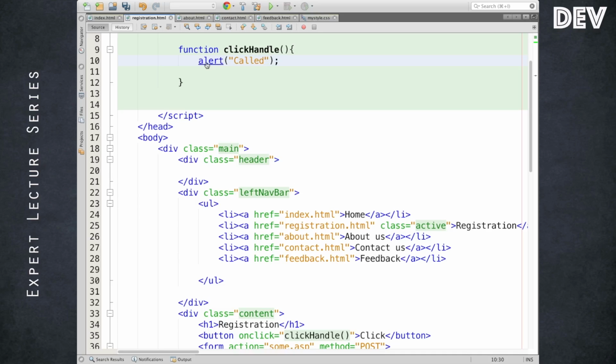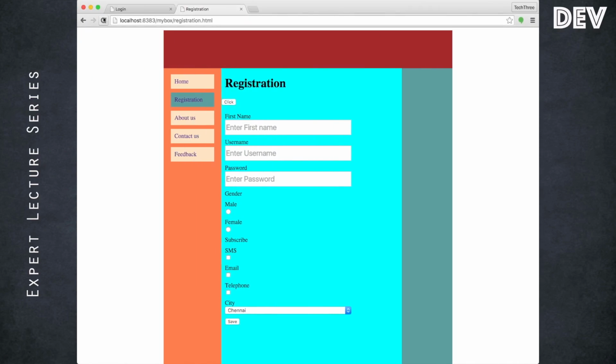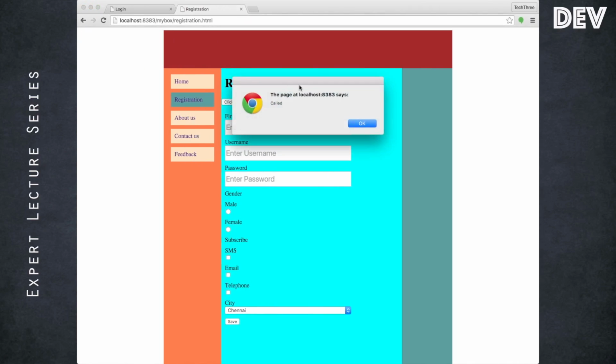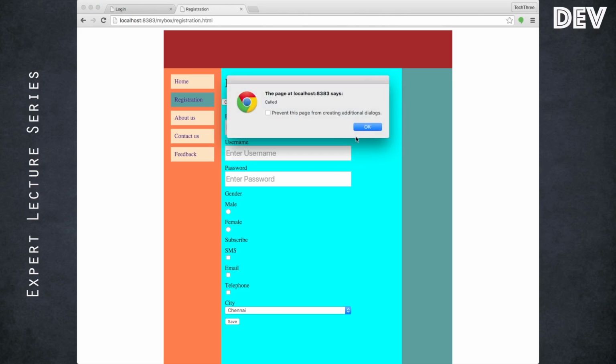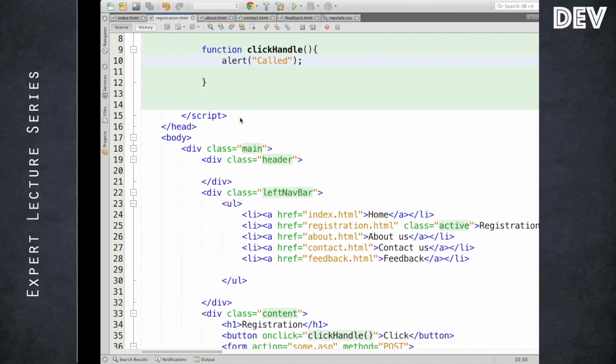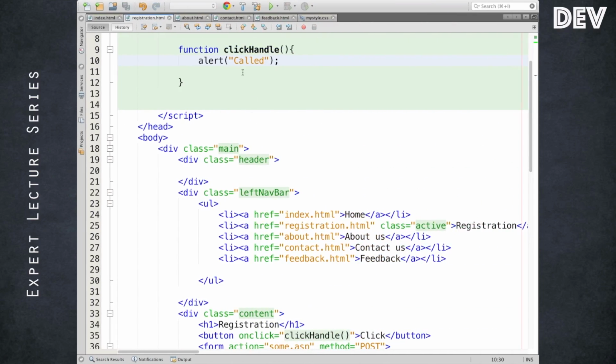You can put any word. So whenever the user clicks on it, you are getting an alert. Remember, it's not for testing purposes, but at least it works. So whenever a button invokes an event called onClick, it will call a function that we have defined in the script block, and it will start executing.